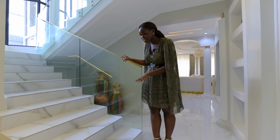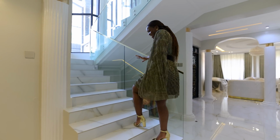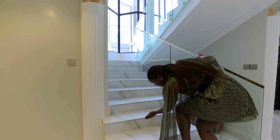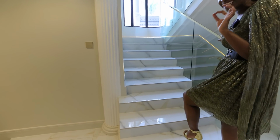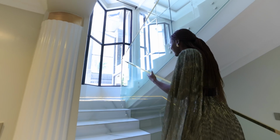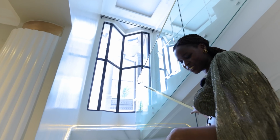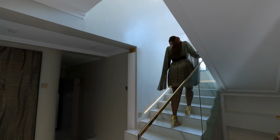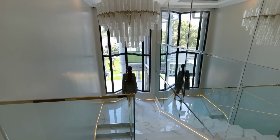There's an immediate change in the tile to something that has more darker veining. It's nice and shiny. It just looks clean. Take a close look at how these stairs are done, how they've been finished. It is so clean. It's absolutely perfect and insane to see in real life. We have the glass handrail with the gold detailing. Guys, have I mentioned that I feel like an accessory to the house with all the gold? It's perfect. We have this lighting strip light going all the way,